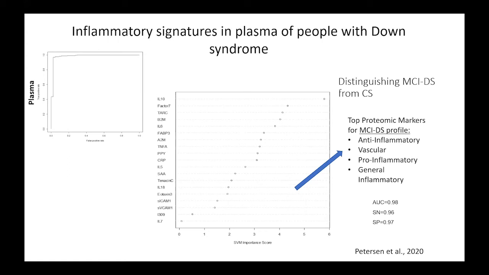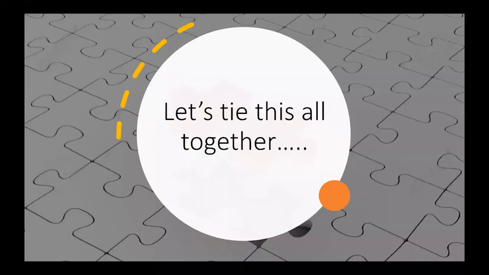So this story about neuroinflammation and inflammation in people with Down syndrome is a big deal, I think. And not only is it important in childhood, and that's a whole different discussion, but certainly it's happening with age, it's happening with Alzheimer's disease. And I think to some extent that pattern's a little bit different than what we see in sporadic AD. Very important for clinical trials. So let's start putting this all together, and I'll bring this to a close.